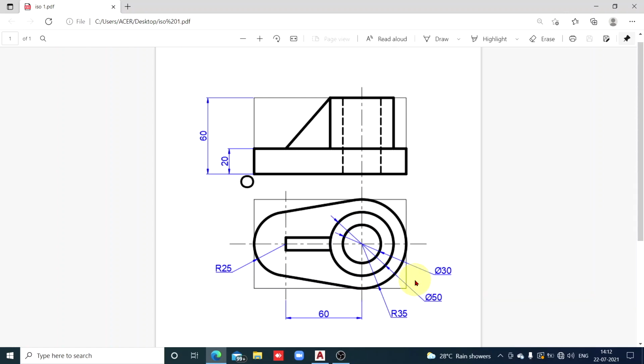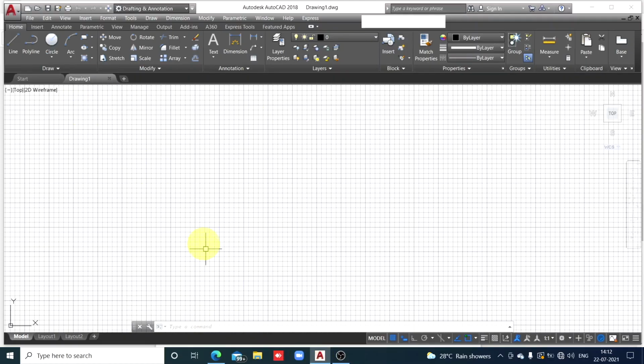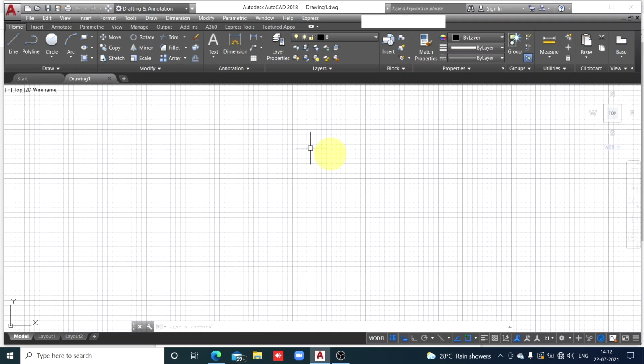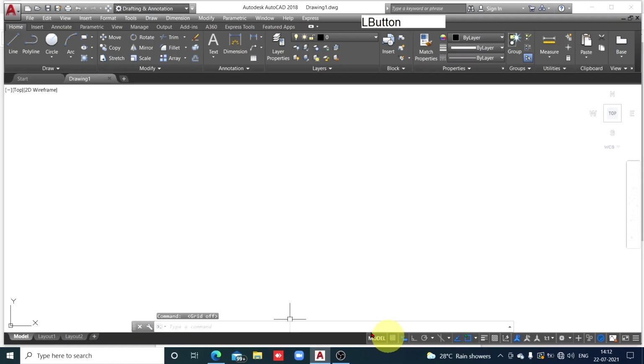So now this will give you rough idea about how much space is required to draw this drawing. So here we have opened AutoCAD, new drawing, drawing 1, and here we are going to draw that isometric view. I don't prefer this grid, so I'll make this grid toggle key off. We want these 4 keys on, as I told you, basically.